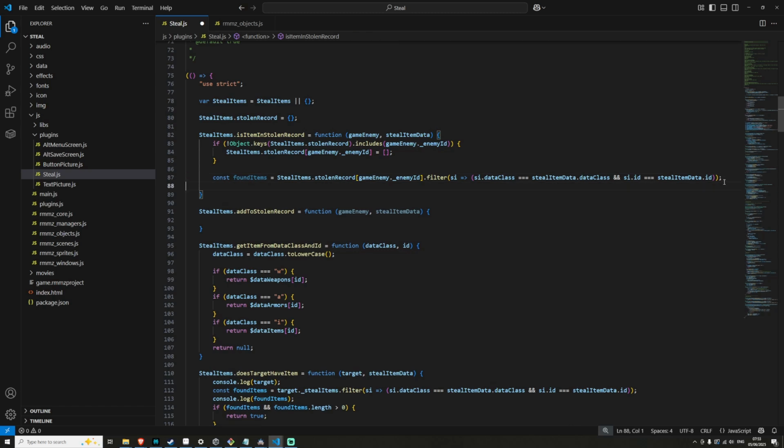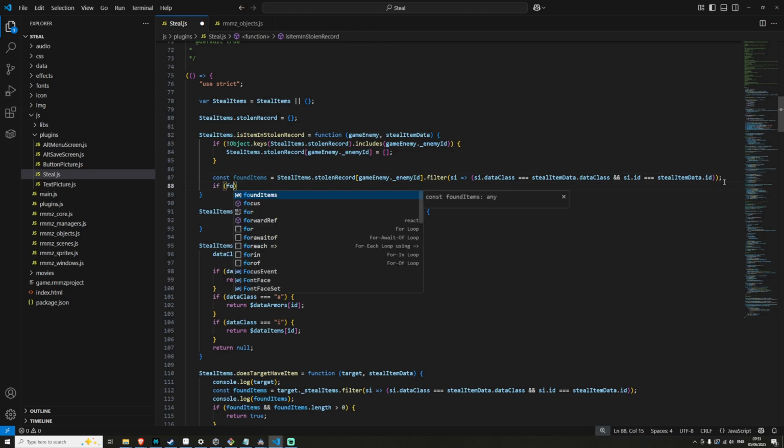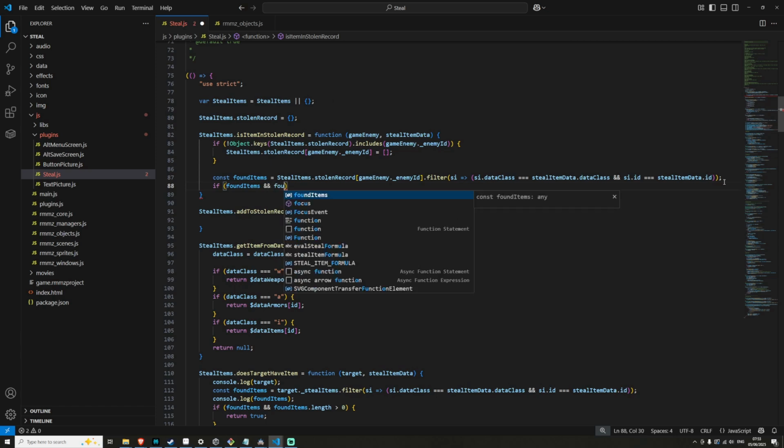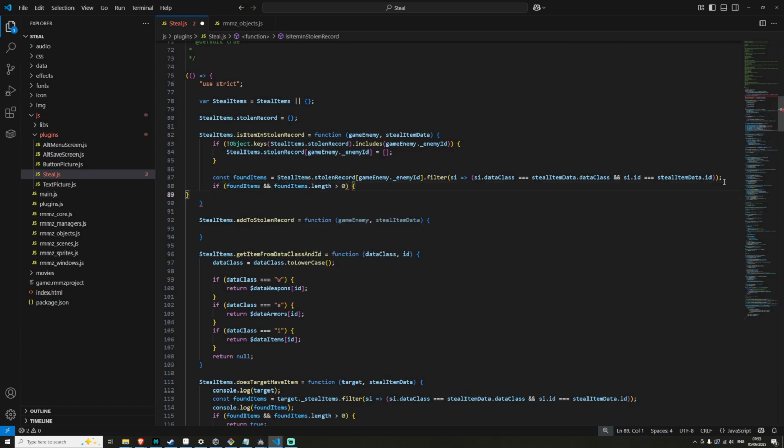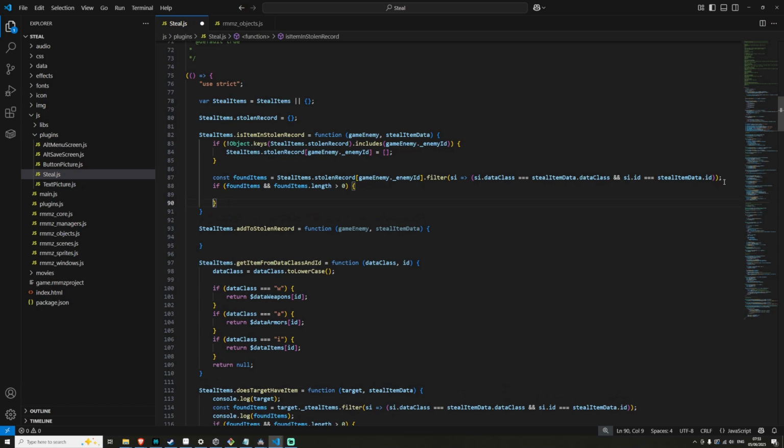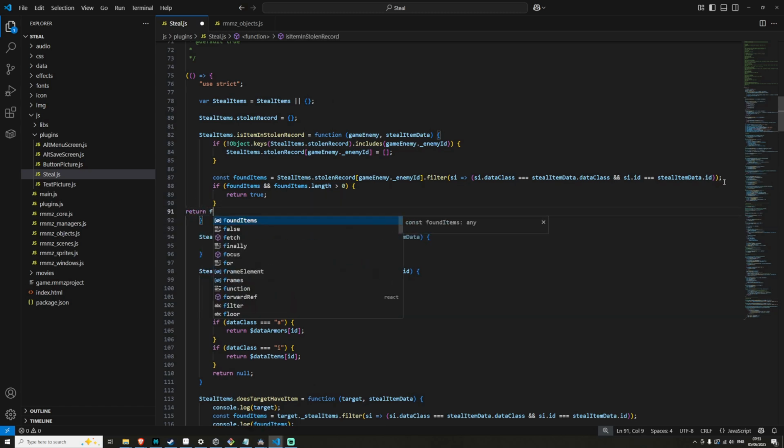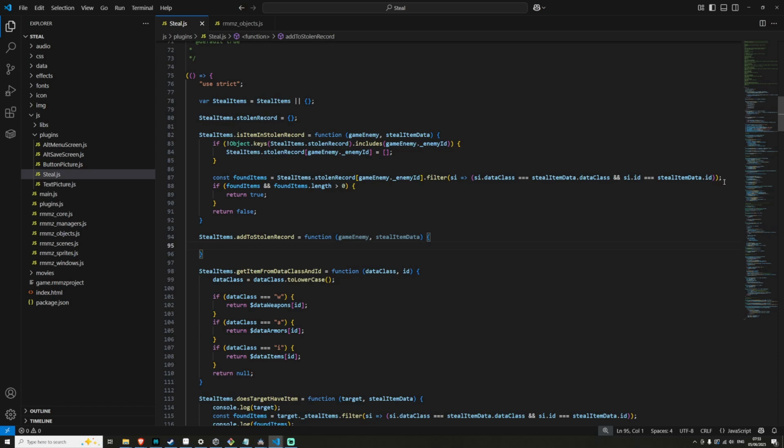And then if we have found any items, so if found items and found items dot length is greater than 0, we'll say true. We have got that item in the stolen record. Otherwise, we will return false. So yeah, this is essentially we're filtering and saying if any of this data class and ID items are in this record, return true. So all we need to do to add to it now